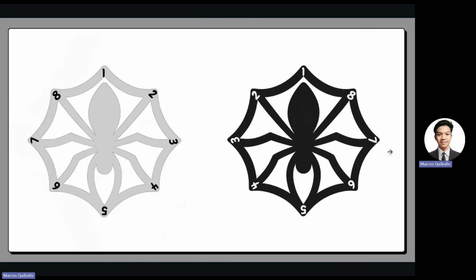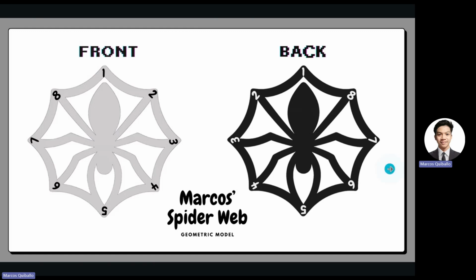In today's discussion, we're going to use numbers in the front and the back of the model, which is the Marcus Spider one. So this is for the front and this is for the back.